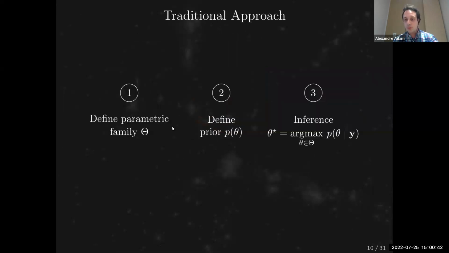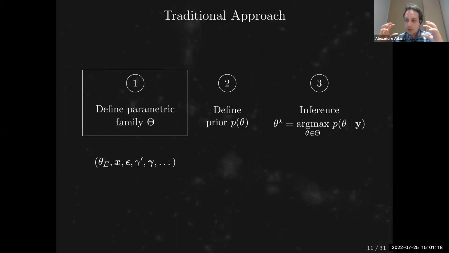As mentioned in the previous talk about lens modeling, one of the goals is basically to do this inference. And to do that, you first need to set up your parameters. That's the traditional approach: first you need to figure out which parameters are going to be useful, so you need to reconstruct the main deflector, maybe other things. Then you need to define a prior over these. And usually the inference is done with MCMC.